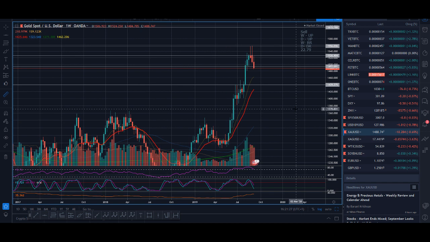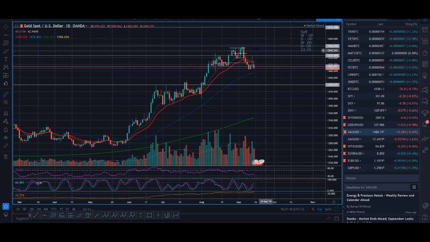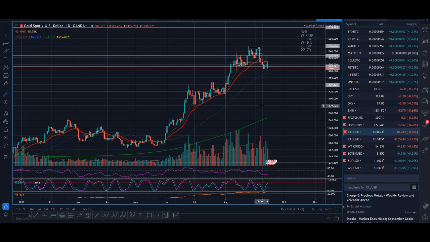So if gold pulls back to around the 1300 level, I would love to buy some long spot gold, and just hold gold for the next upcoming months to a year, because that could be a very, very good trade. So I definitely recommend you guys look at different trading.